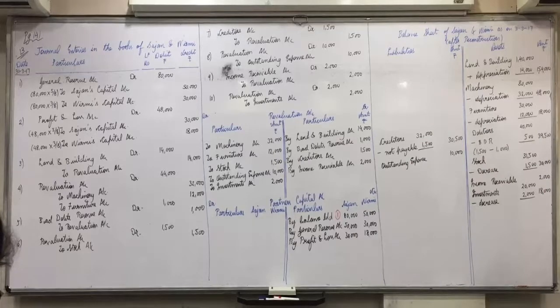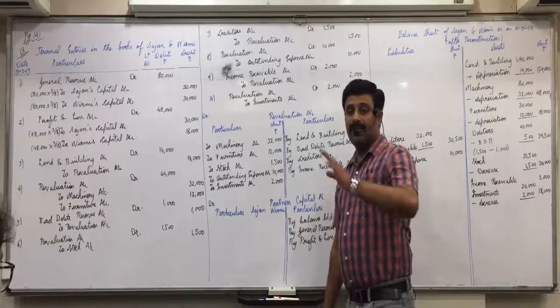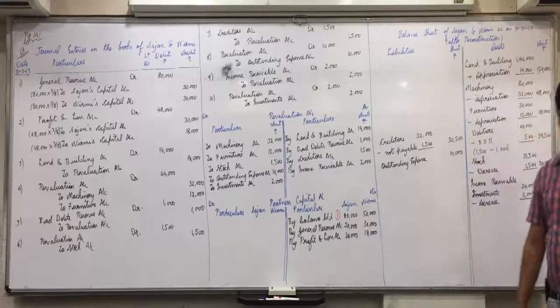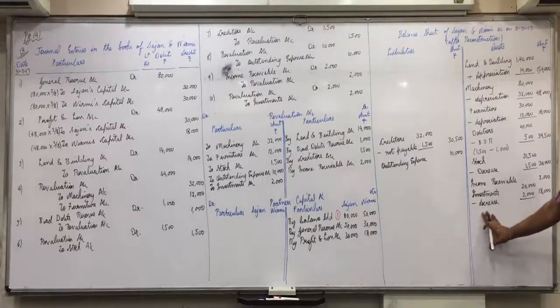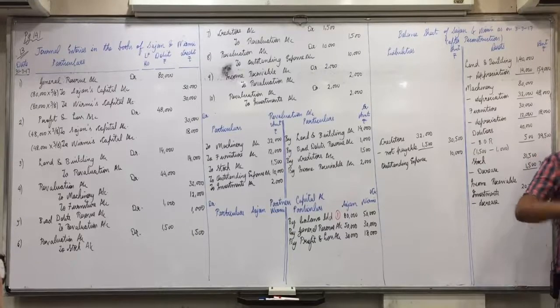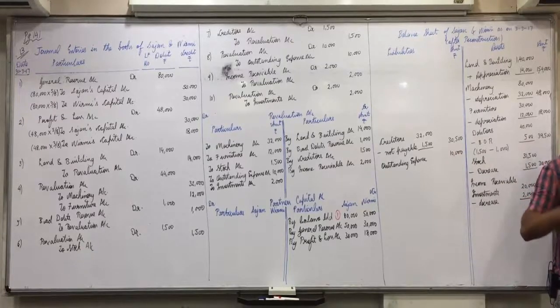Are you okay with this? Other way around, it's a loss. So in revaluation it will come on the debit side. And from 20,000 to 18,000 means the value of investments has gone down, so minus from investments. Understood that, everyone? So this is the third step. After distributing the reserves, you'll take up all the adjustments of revaluation.